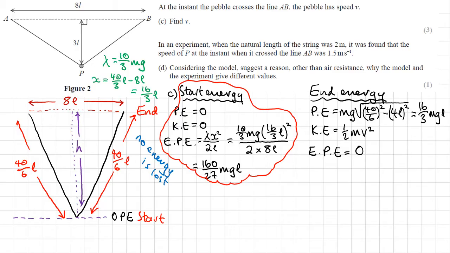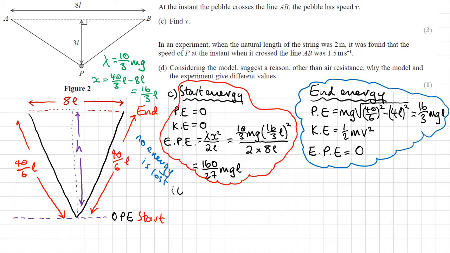So all of this together here forms our end energy. They are going to be equal, no energy is lost, so we have 160 over 27 mgl total energy before, which is just elastic potential energy, is equal to the energy we have at the end. So we've got this gain in potential energy, and we have this kinetic energy, half m v squared. We can cancel out the m's,